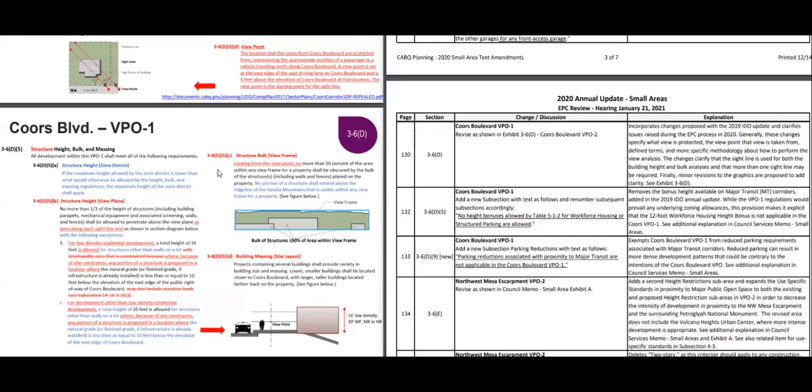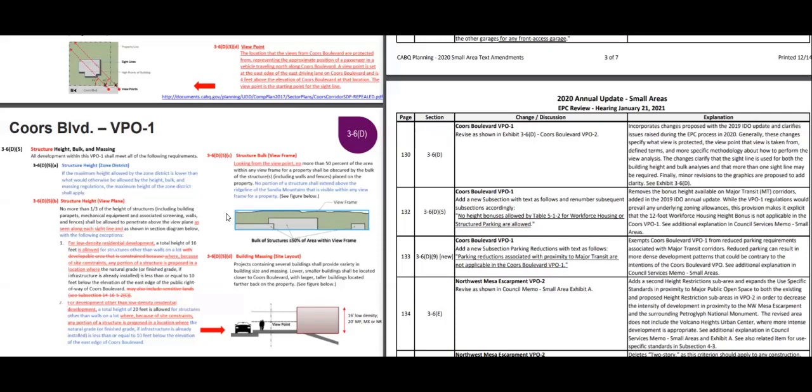Next test over here, structure bulk, view frame. That's the view frame test. And this image below kind of illustrates that. This one would read, looking from the viewpoint, no more than 50% of the area within any view frame for a property shall be obscured by the bulk of the structures, including walls and fences, placed on the property. No portion of a structure shall extend above the ridgeline of the Sandia Mountains that is visible within any view